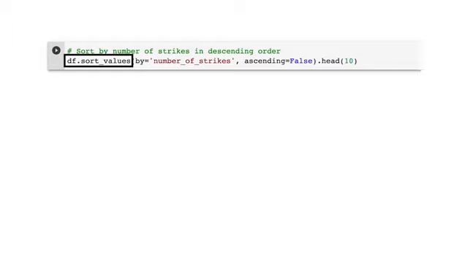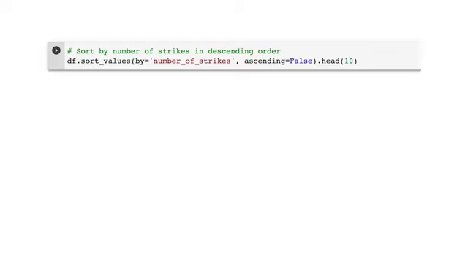Let's discuss some of those structuring concepts we learned about earlier. Let's start with sorting. We'll sort the number of strikes column in descending value, or most to least. While we do this, let's consider the dates with the highest number of strikes. We'll input df.sort_values.